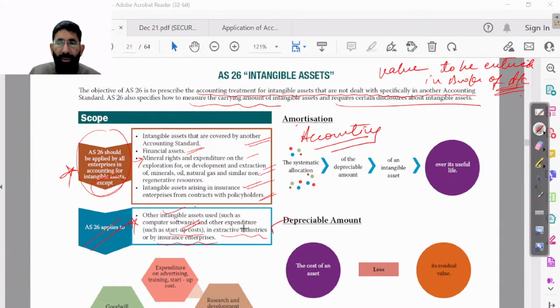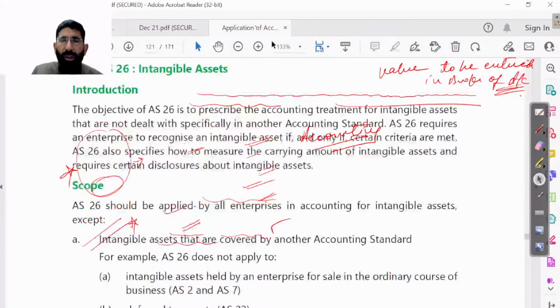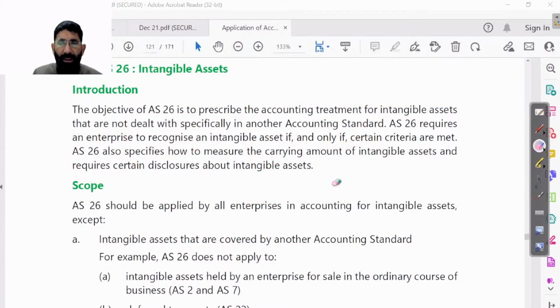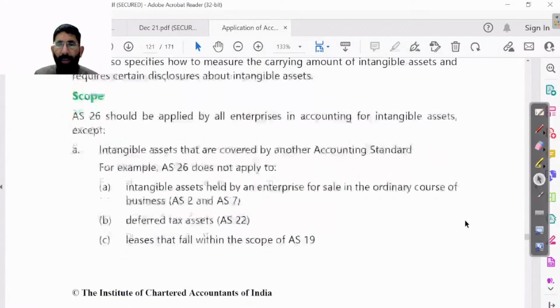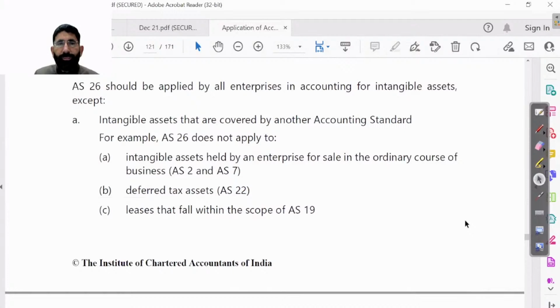or by insurance enterprises. So insurance enterprises contract with policyholders, it will not be covered. But other things will be, other intangible assets used and other expenditure in extracting industries or by insurance company. Better we have to go for the detailed aspect, because somehow it will create a problem for you, because you are not able to understand what is the difference between these extracting industries at two places. So see here, it is given. Here it will be given in detail that